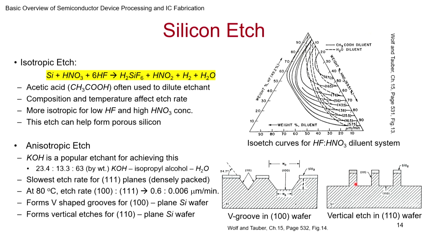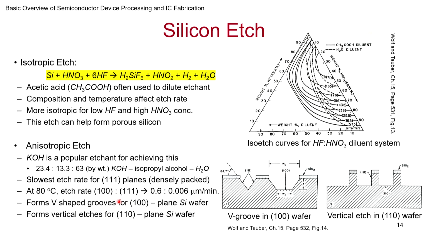If it's a 110 wafer, you find that the 111 planes are all vertical. So you will have an excellent anisotropic etch like that. The other is also anisotropic, but in this direction where 111 is at an angle, and they call it a V groove, and here you get it this way.